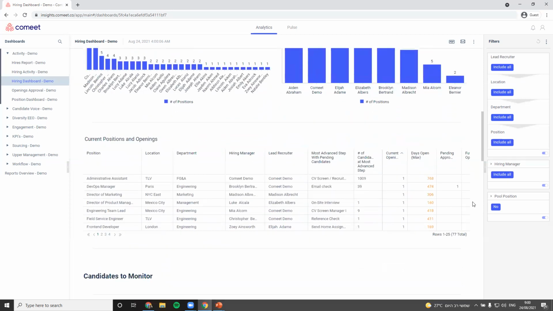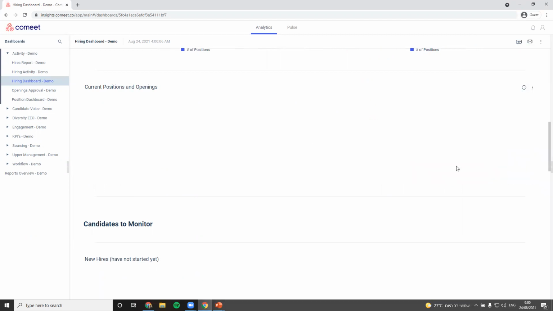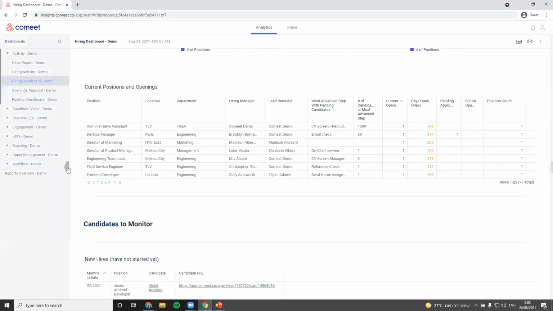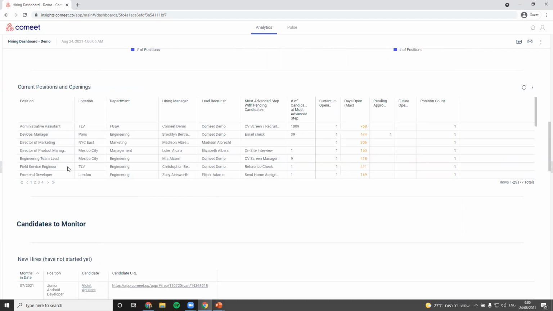The next part of the report is actually a very interesting table. I'm going to go ahead and close the filters on the right-hand side for better visibility. I can also close the folders to the left-hand side as well. Now, over here in current positions and openings, what you're seeing is a table of all of your open positions